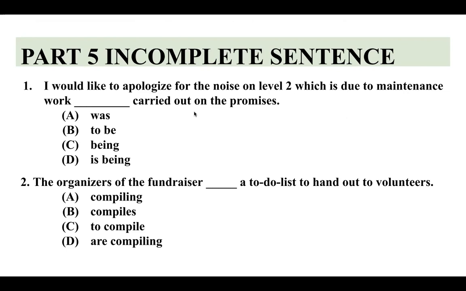the organizers of fundraiser blah blah blah to do list to hand out to volunteers สังเกตนะครับ compiles, to compile แล้วก็ are compiling สังเกต root ของมันคือ compile แปลว่า collect หรือสะสม ถ้าเราบอกว่า compiling หรือ compiles เราจะต้องดูว่ามันอยู่ใน tense ไหน แล้วประธานหรือ subject ของ sentence เป็น plural หรือ singular organizers เติม s ขนาดนี้แสดงว่าต้องการ word ที่เป็น plural form compiles cross to compile cross